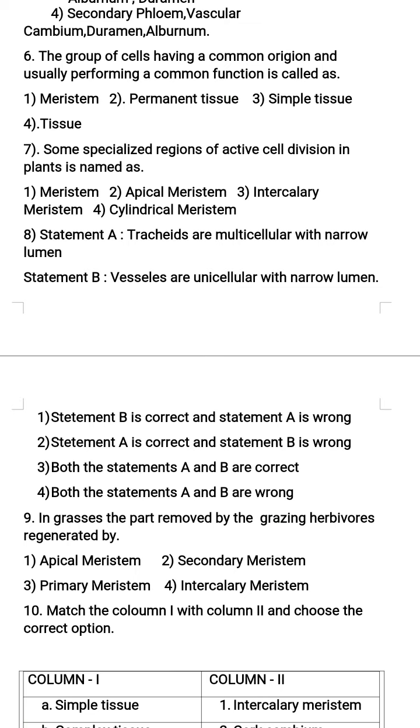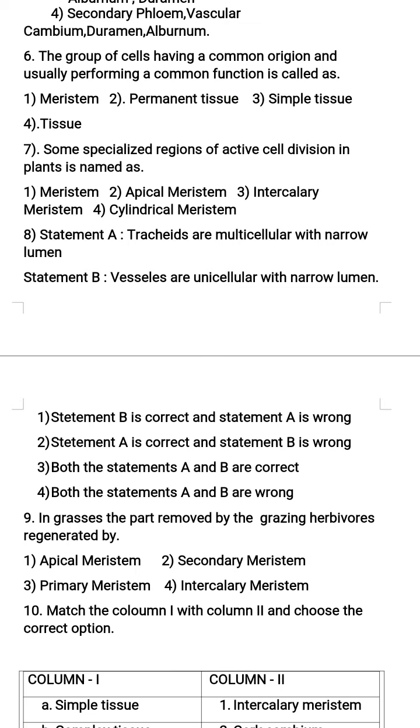Growth in plants is largely restricted to specialized regions of active cell division called meristems. So those regions are called meristems. In Greek language, the meaning of the word meristem, or meristos, is divided. So plants have different kinds of meristems that keep on undergoing division and producing a large number of cells or tissues. Understand? So students, hope you understood. Now let's move to the eighth question.